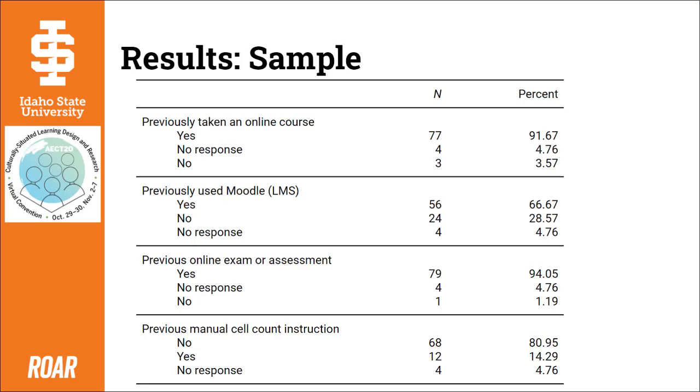Once the data were collected, descriptive statistics were computed, and then a pair of 2x2 repeated measures ANOVAs were conducted, one on achievement and one on motivation. We chose not to conduct a single multiple ANOVA, a MANOVA, because we were running into problems with our power. And when we looked at doing a MANOVA, the power basically disappeared. We then also did a chi-square test of independence on cell count mastery, which was defined as being within 1 standard deviation of the expert's cell count numbers.